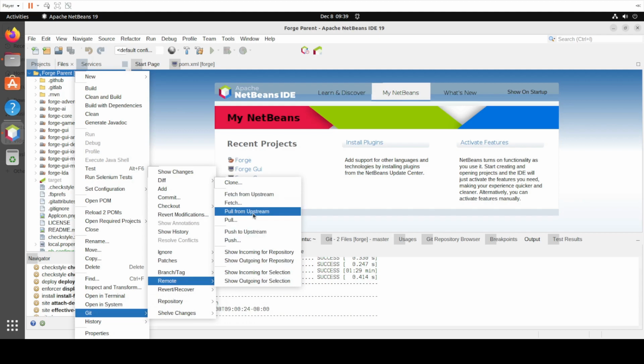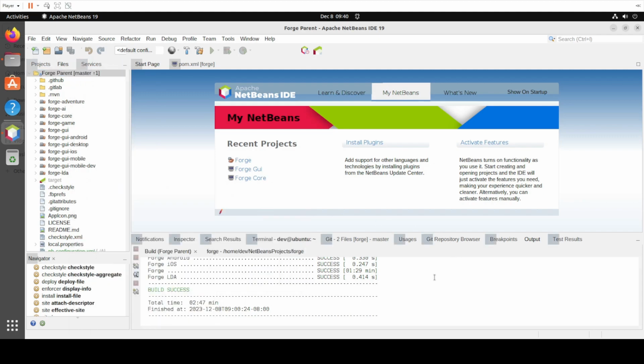I think it's fetch. I don't think it might be pull. I think pull might be the one you want. In either case, I believe it is pull, and you run that and it'll update all the commits to your project. So once you've done that, how do you actually build the application, how do you build Forge within your